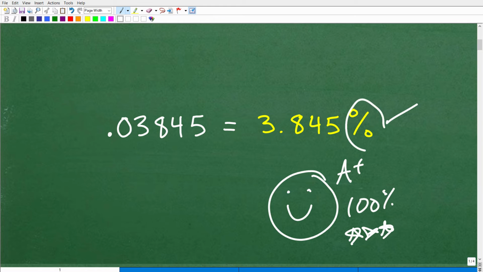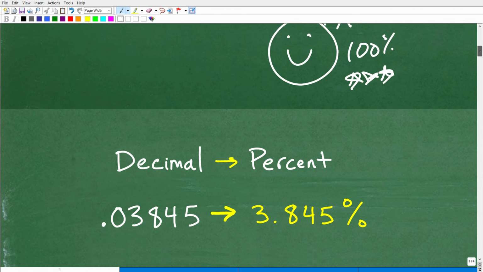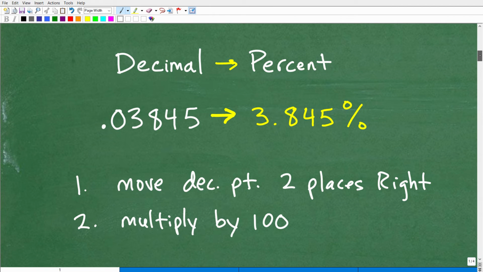When you are working with percent, you need to know how to go from a decimal to a percent and a percent to a decimal. But we're simply going to focus right now on how to go from a decimal to a percent. So let's talk about that right now. Okay, so how do you go from a decimal to percent? Again, in this example, 0.03845 is equivalent to